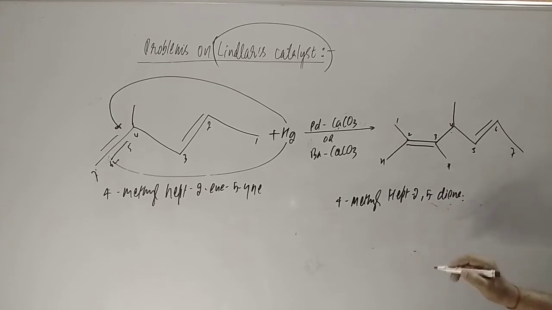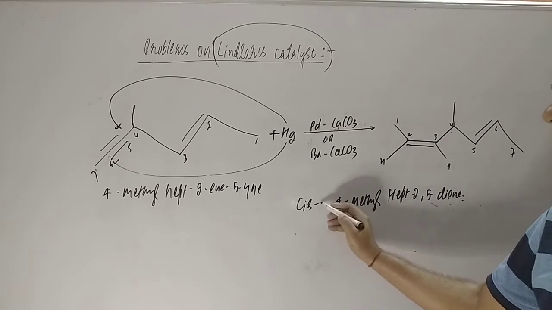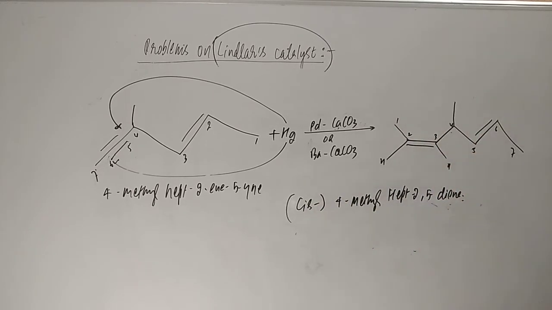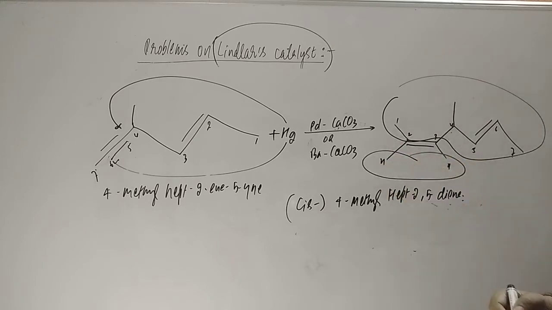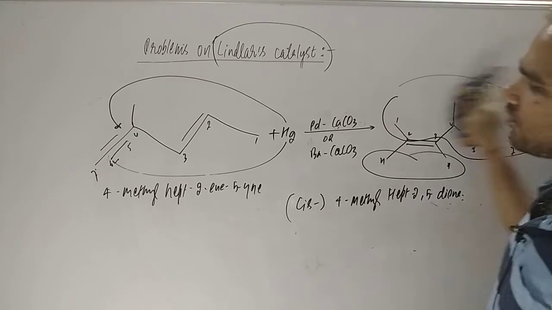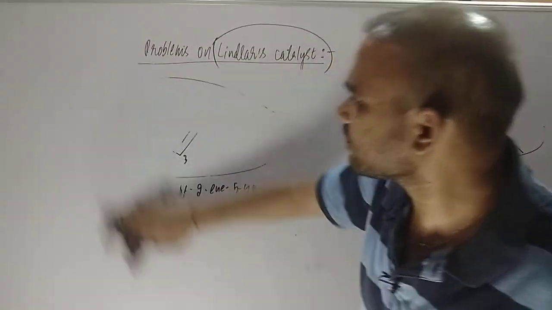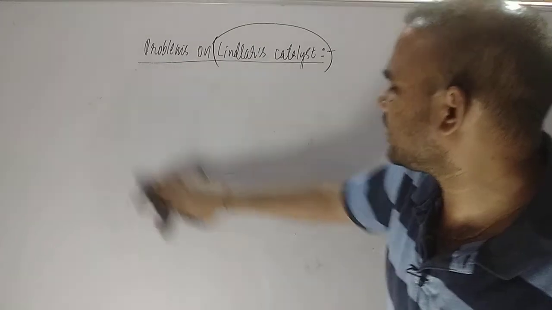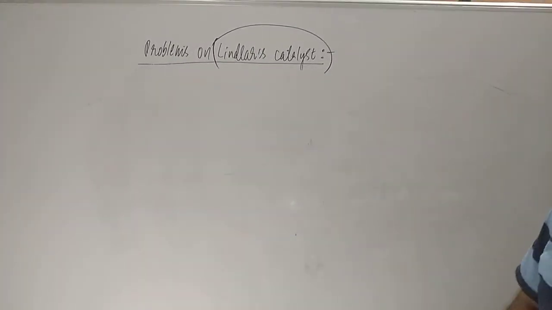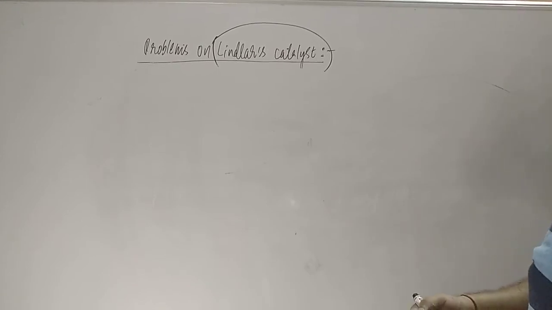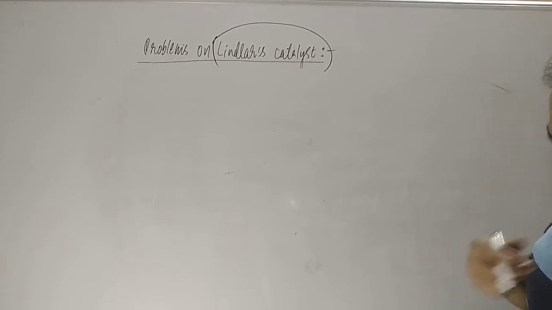This is what it is, and before that we have to use the term cis, because the alkyl groups are all on the same side student, that is why we are using it. See, this group are on the similar side, and hydrogens are on the same side, that is what is known as cis alkene being formed. Let us have a look over the next problem students, okay. So you can easily be able to do this kind of problem dear students, but you need to keep in mind what catalyst is required student, right?